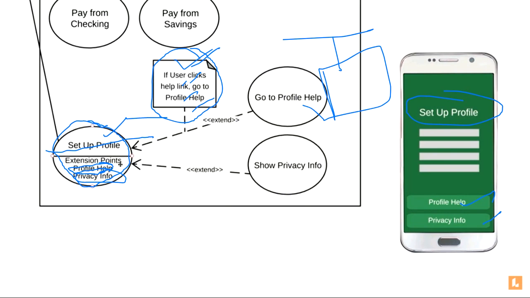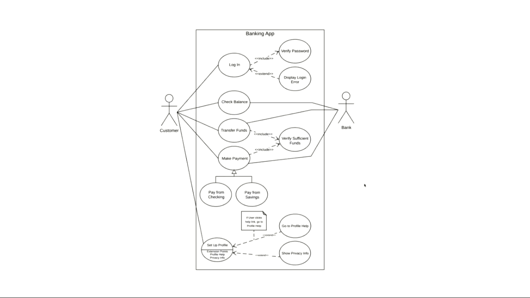Now after this, how is my overall whole system going to look? Whatever example we have seen in today's class, how does my whole system look? Here is my primary customer, who is logging in, checking the balance, transferring the funds, making the payment. There is my secondary actor, the bank, who is concerned mostly with checking balance, transfer funds, and make payment. All the other things are also performed, but mostly he is associated with these things.